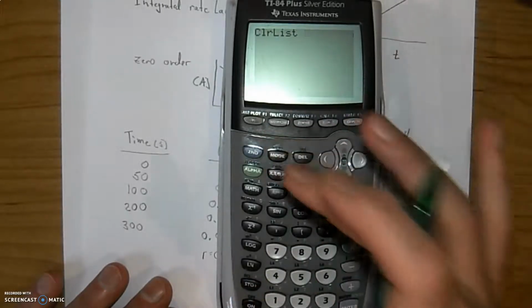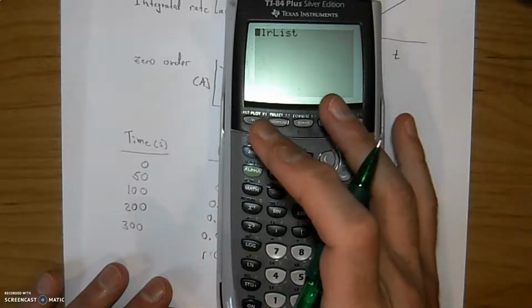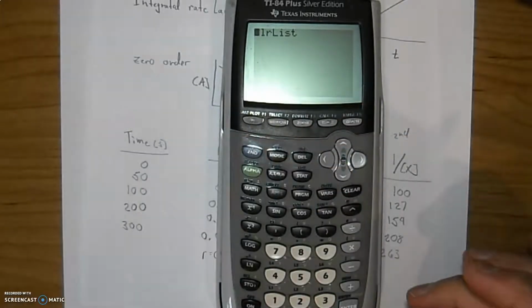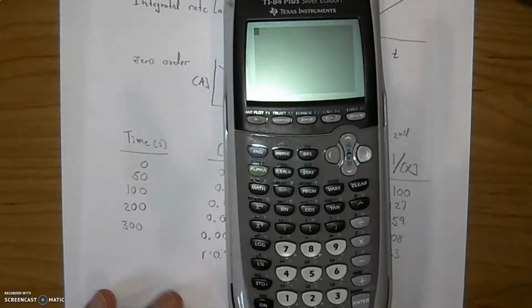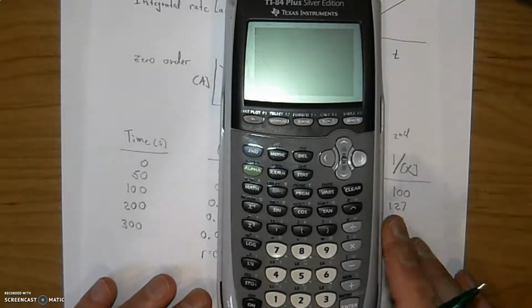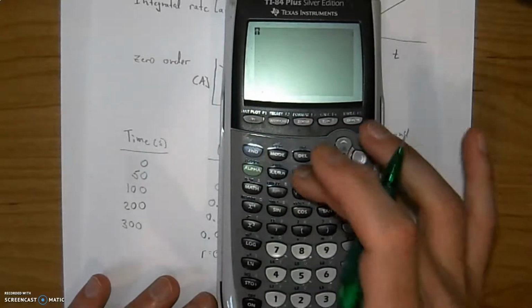Quit. Clear list. I don't want to do that. Got in a panic there for a second. I just had to delete. All good. I don't want to delete my whole list there. Okay, go back to,